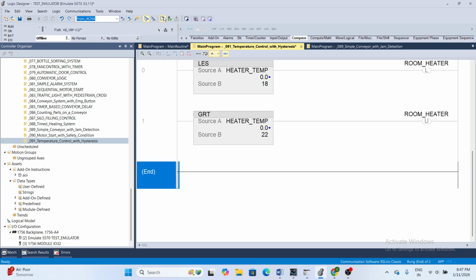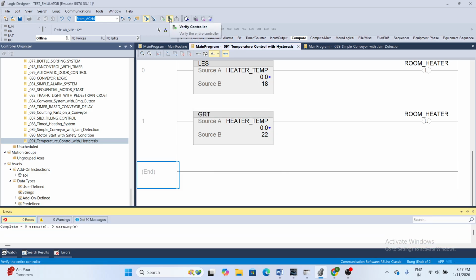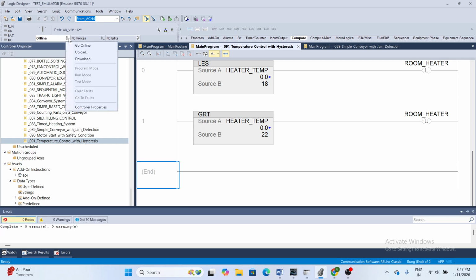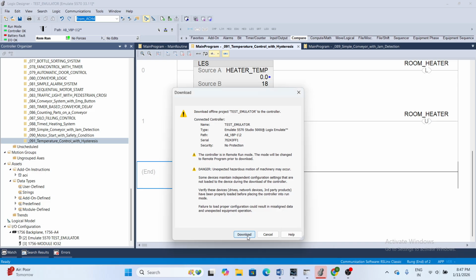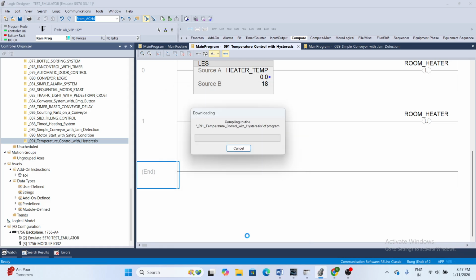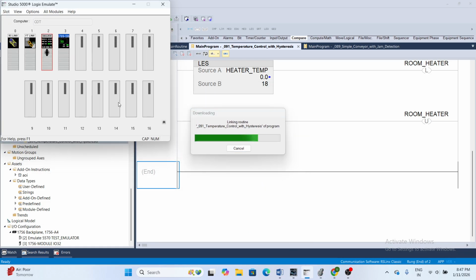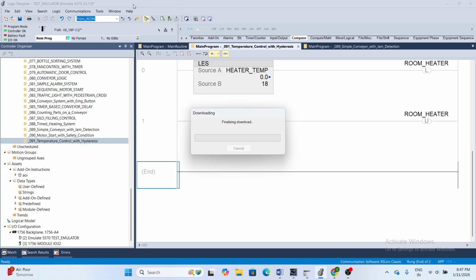Now I have to verify this controller, and there is no error, and now I have to download this backup into the Studio 5000 emulator. Understand? Now I have to click download, and it goes to download in the Studio 5000 Logix simulator software, and now